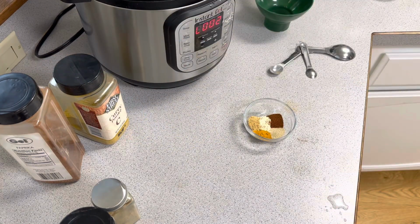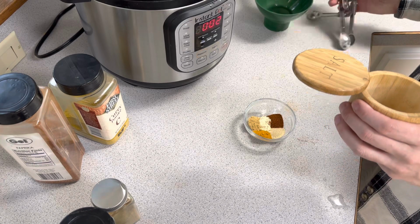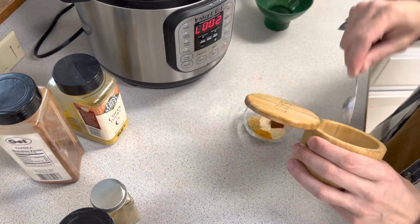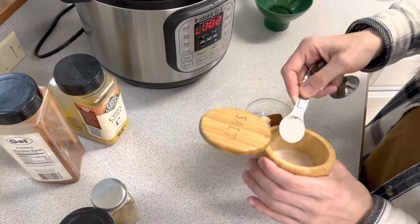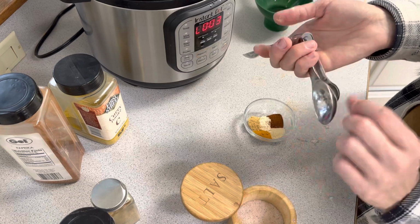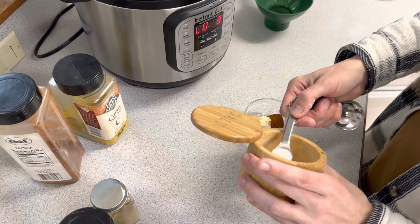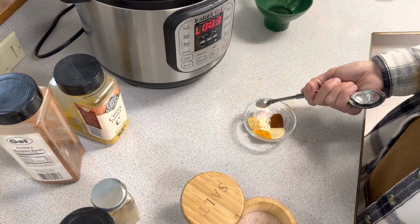We're also gonna do about 3/4 of a teaspoon. I'm gonna say that's 3/4, maybe less. I take all that back. I'm gonna do half a teaspoon of salt, and then I'm gonna taste it, and I'm gonna see if that's